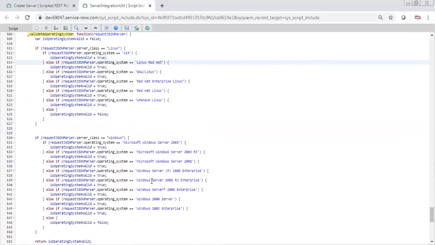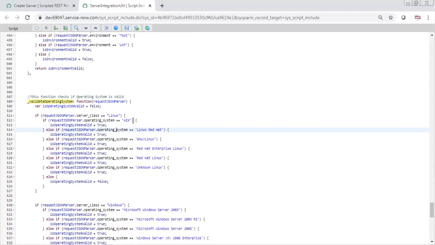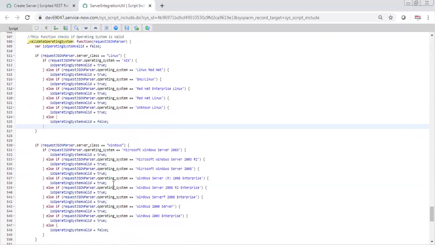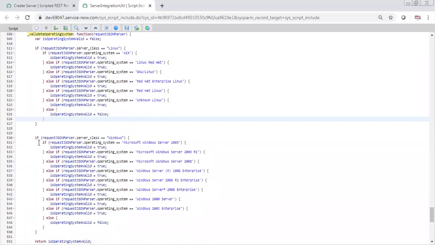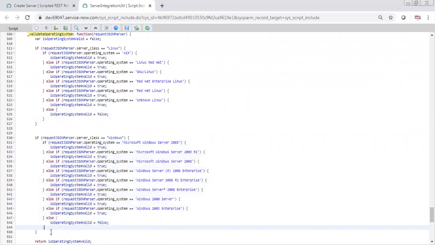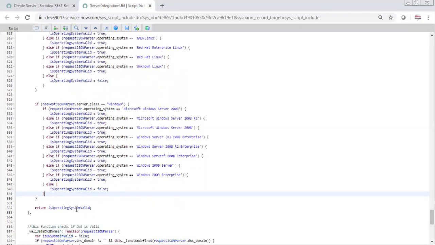And in Linux, you cannot have Windows. So if they are sending the class as Linux, they should send the operating system as one of these, and if they are sending the class as Windows, they should send something like that. That is what my API is saying. If they are not sending these values, then I return false to that variable.